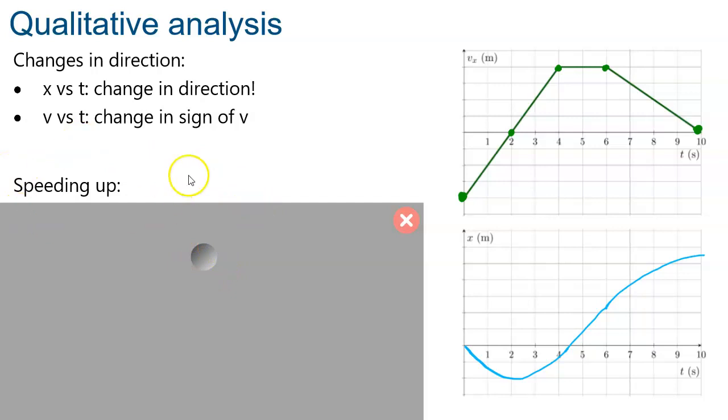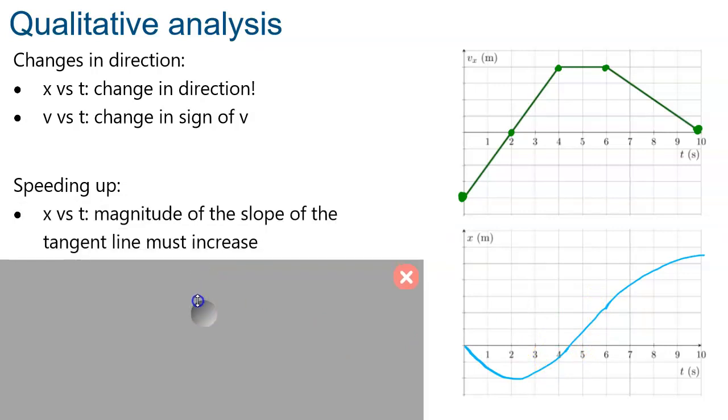So I'll do the case of speeding up, slowing down is just the opposite. In here, speeding up just means that the curve gets steeper. Okay, because when we talk about speeding up, the direction is not important, so we don't care about the sign. So whenever the slope gets steeper, it will be speeding up. So in this example, it would be speeding up between 2 seconds and 4 seconds, because after 4 seconds, the slope becomes constant. So to look for it, you want to have the magnitude of the slope of the tangent